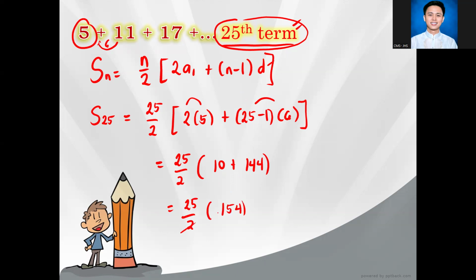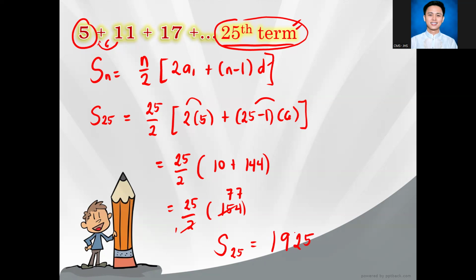They're both divisible by 2, so this will be 1. And then 154 divided by 2, half of 154 is 77, right? So you just need to multiply 25 and 77. So 25 times 77, the sum of the 25 terms or 25 numbers is